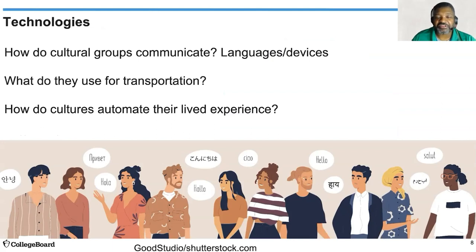Technologies. Communication amongst a group is distinct and clear to the members of the group. It takes the form of language and gestures. This includes any devices used to transmit communications as well. How do people move from place to place? Whether it be by boat, car, on foot, or by train, even amongst the most developed countries, there is a distinct variance in transportation. For example, in the southern United States, movement by train is still in its relative infancy. But if you go to such cities as New York or further into London, Tokyo, or Seoul, South Korea, they have very pronounced